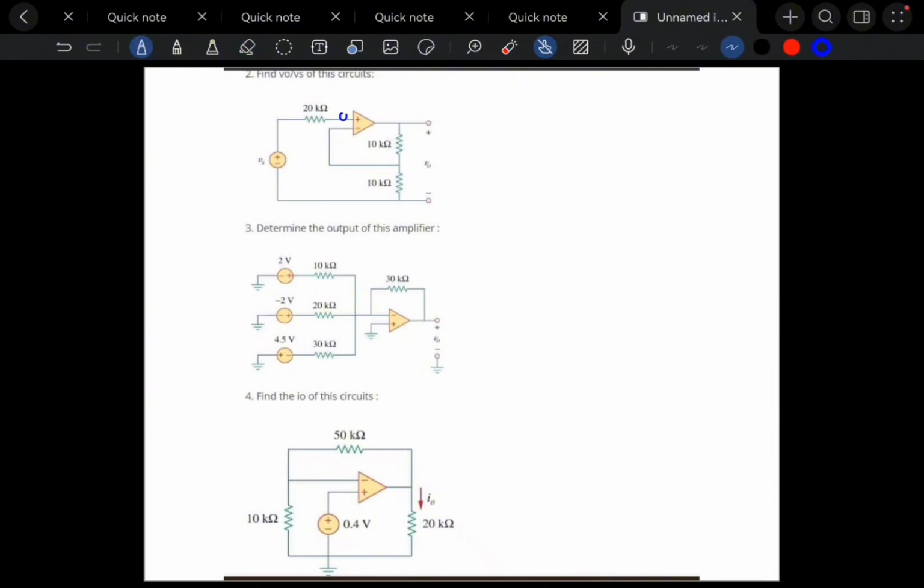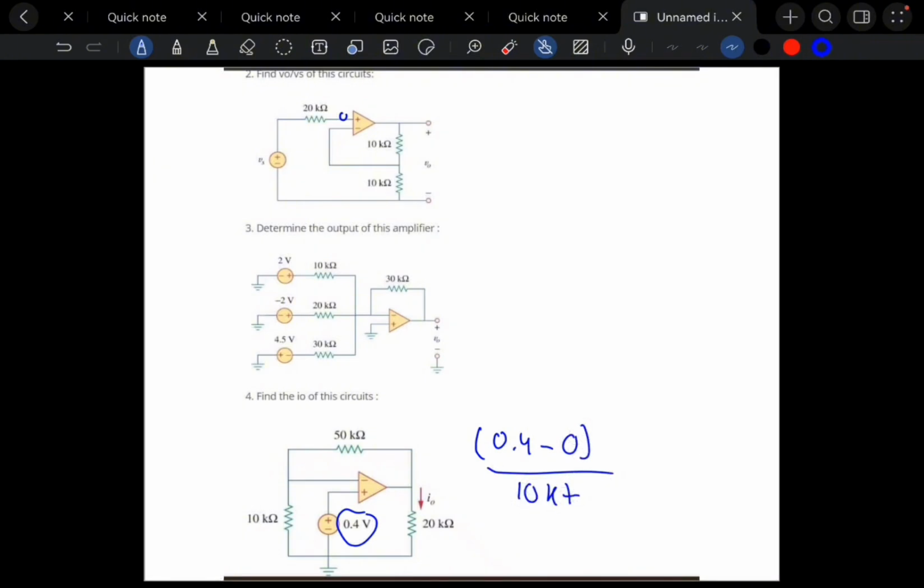This is for number 4. In problem number 4, we are looking for the current IO. To find it, we first need to determine the voltage at the op-amp nodes. The non-inverting terminal is at 0.4. Let's apply KCL at the inverting node. The current leaving through the 10k ohm resistor plus the current through the 50k ohm feedback resistor must sum to 0. So, which means (0.4 minus 0) per 10k